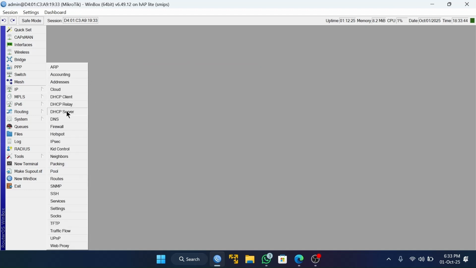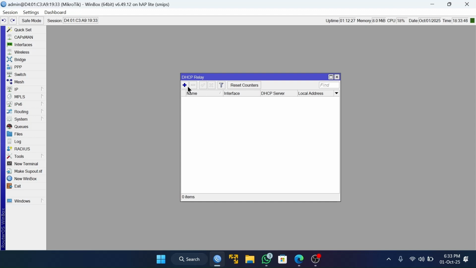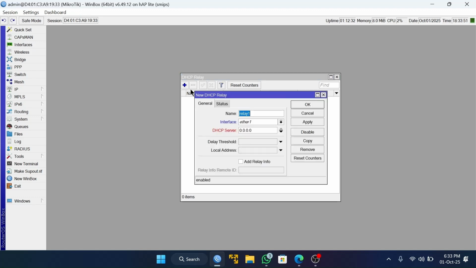Then you go to DHCP relay, to distribute IP from the server. For the interface, you change to WLAN 1, and for the DHCP server you fill in the peer-to-peer IP, and for the local address, type the local IP.